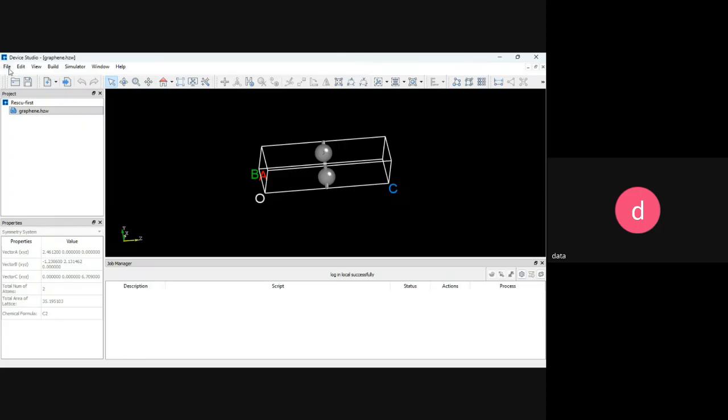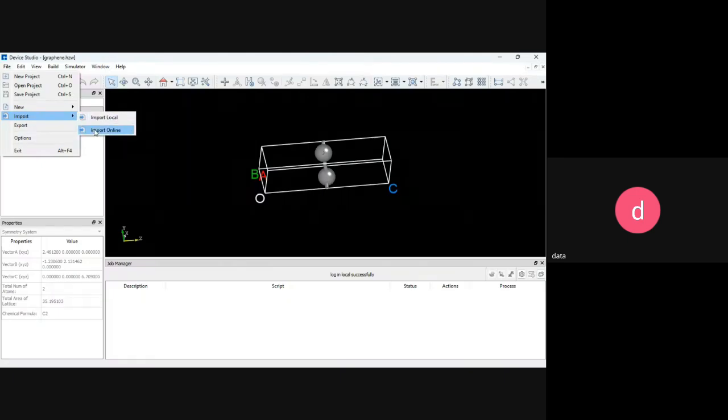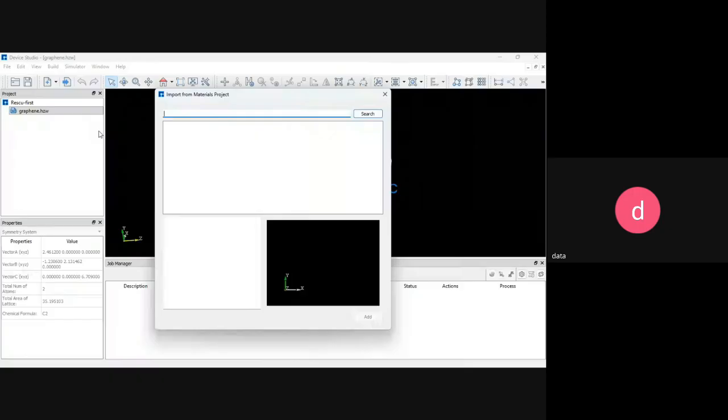Again, go to the file, import. Now click on the import online option. If the material is not present in the local database and your own system, you can directly write your formula here basically. Like if I type MoS2 and click on search,